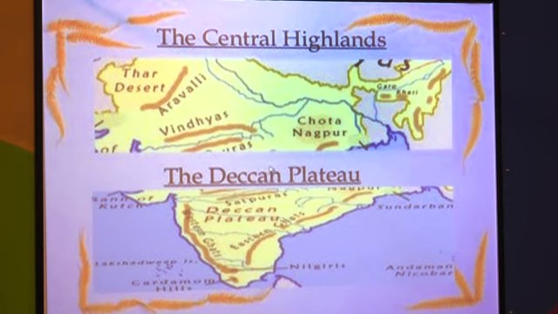The Narmada river originates in the Amarkantak area in Madhya Pradesh, and the southern part of the Narmada river is called the Deccan Plateau. See here, Eastern Ghat, Western Ghat, and this triangular shaped area is called the Deccan Plateau. It further extends here to the Garo, Khasi, Jaintia Hills. These are also a part of the Deccan Plateau area, or the peninsular plateau, and the slope of this Deccan Plateau is from west to east direction.